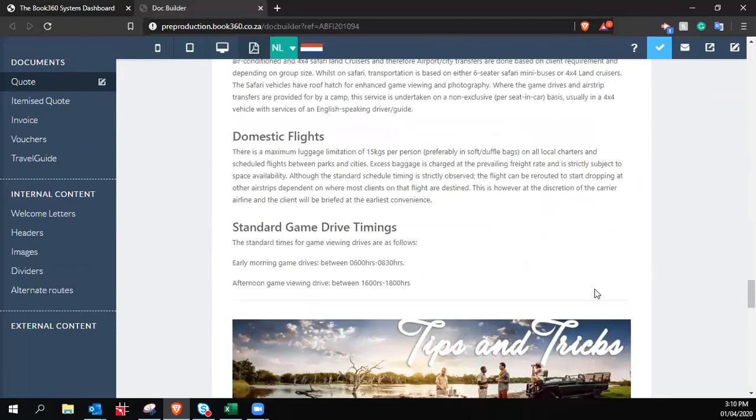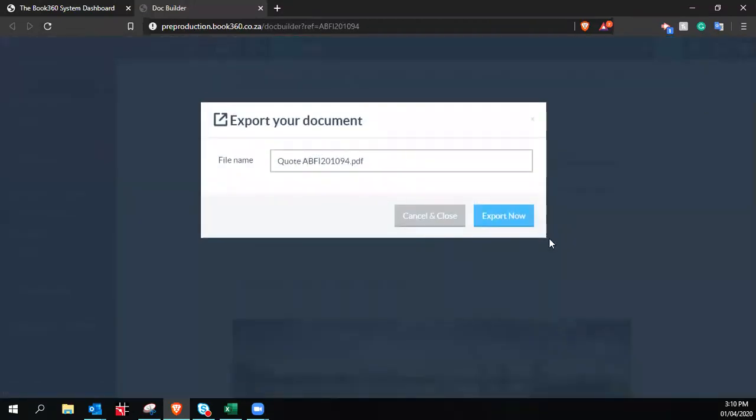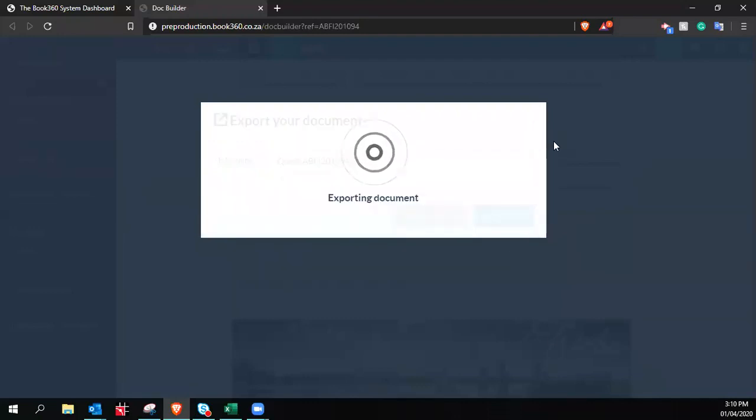Currency, yes, it's not supposed to be US dollars, so that's something we need to update. Yeah, and then I'll just go and say export, and that's going to save my quote as a PDF, which looks virtually the same. We have run out of